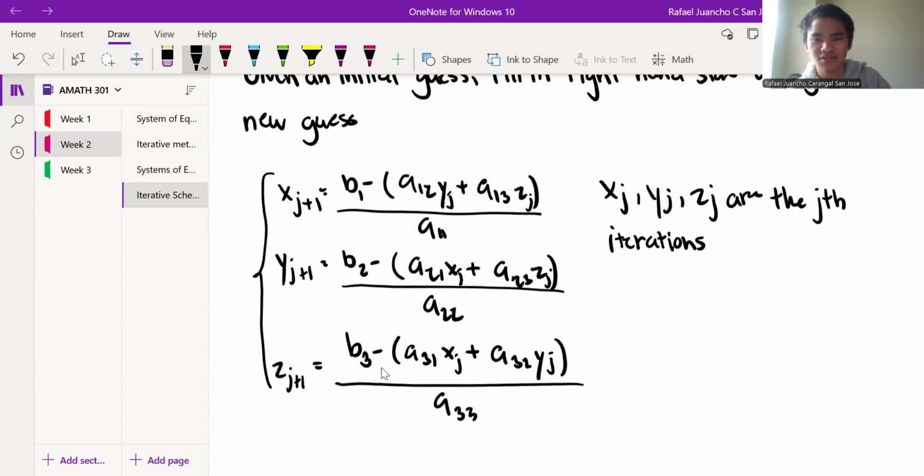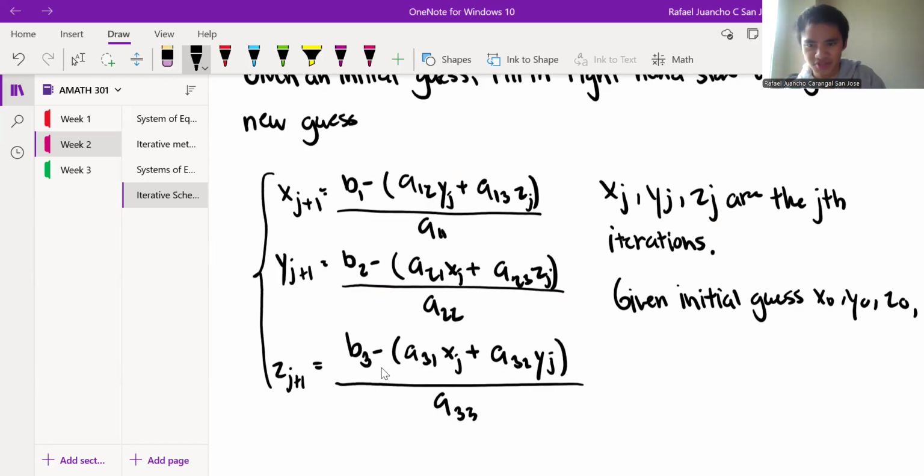I don't know what that is. Could be 0, could be 1, could be 2. And so from here, given, let's say, our initial guess, let's assume that to be x0, y0, z0. This begs the question,